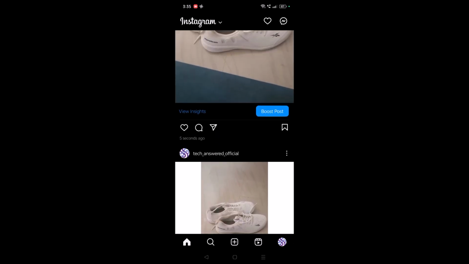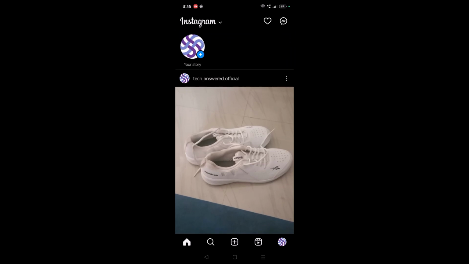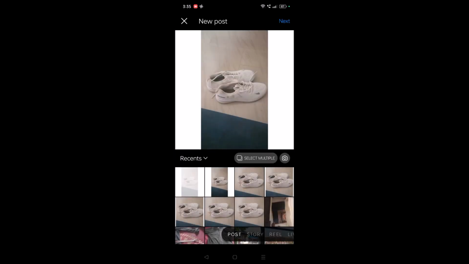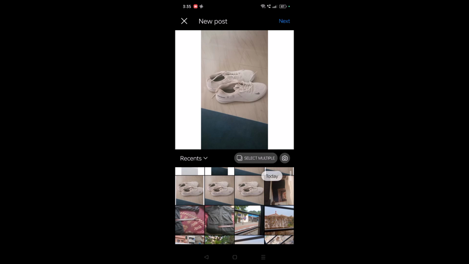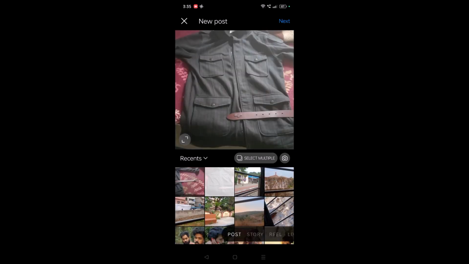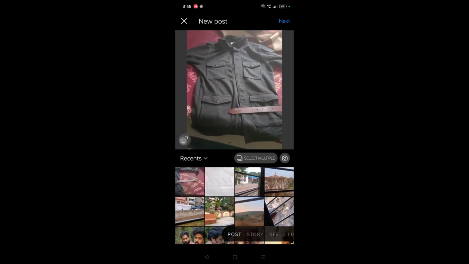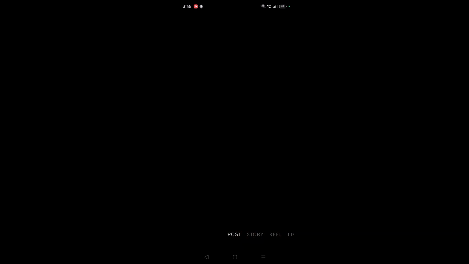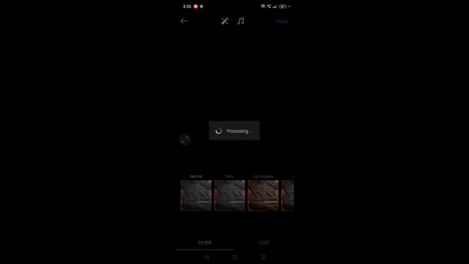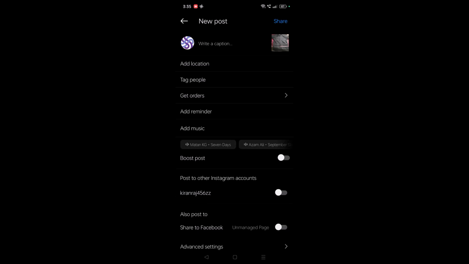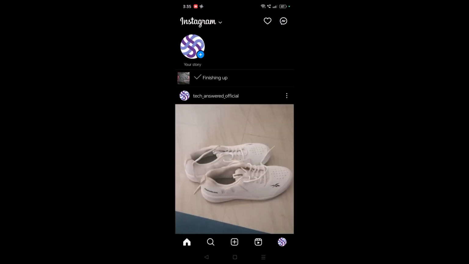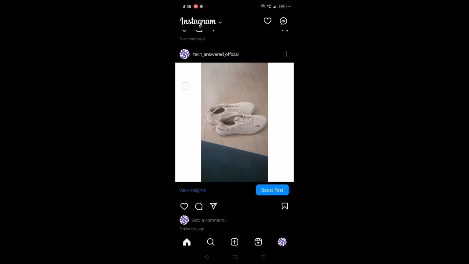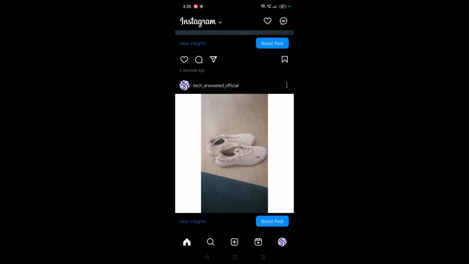First step, you can just simply click on this plus symbol to post a picture, and you can directly click on the picture you want. Anything you pick, Instagram directly gives the full picture, and you can click on next, click on next again, and click on share, like this. And if you want to have a white background and a full picture like this, you need to install an